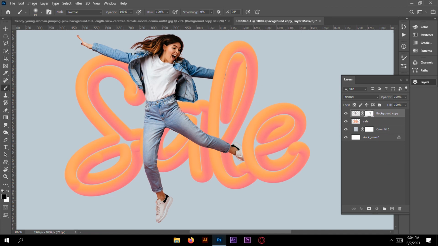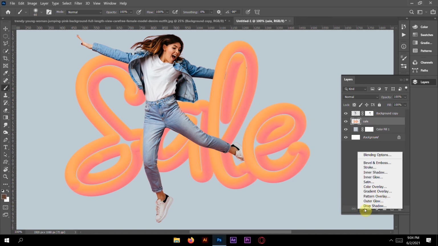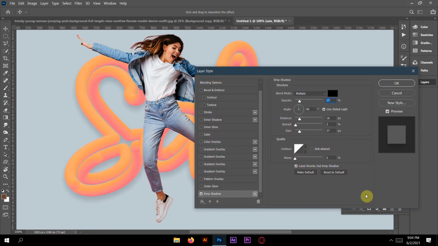Now we will use some drop shadow here. Here we will use opacity 19, and size 49.